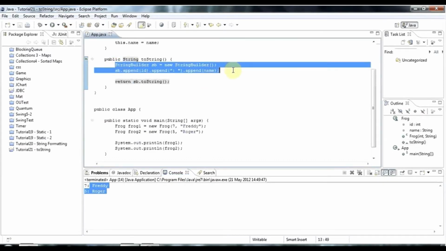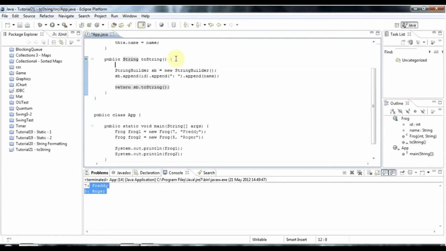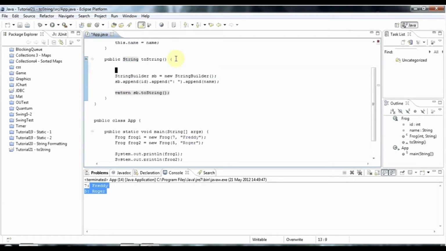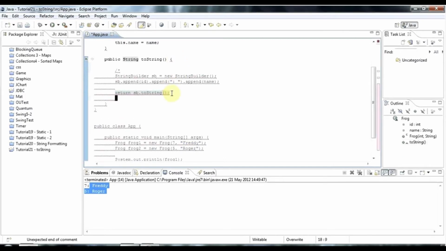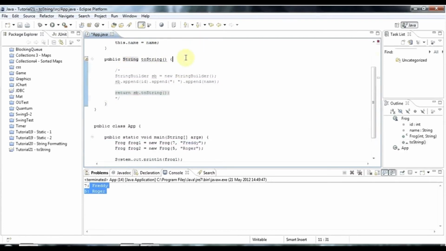And of course you can use all the stuff that I showed you in the last tutorial here, like if you want to return a formatted string. This is one version of toString. Let's just quickly look at another possibility. So you could also do, for example, if I comment that out,